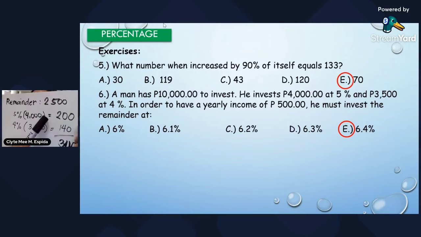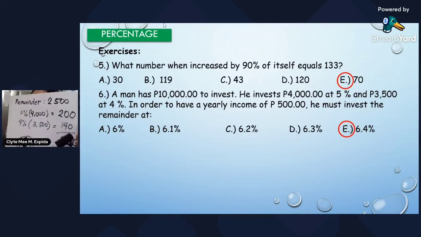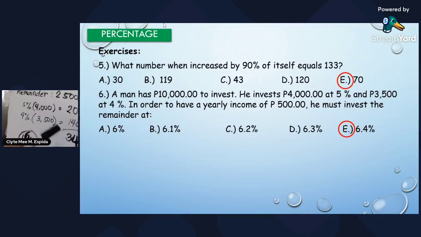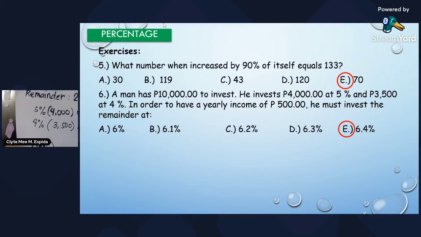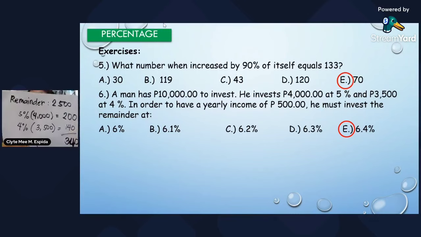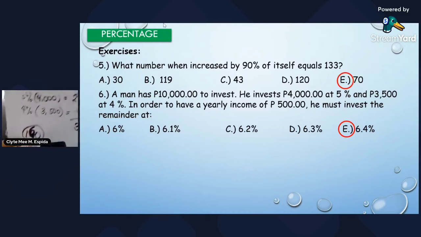So, yung kanyang interest is 200 plus 140 is 340 pa lang. Yung kailangan niya po, sabi niya sa problem is, gusto niya yung yearly income niya ng kanyang investment is 500. So, based dun sa dalawa, 340 pa lang po. So, kulang pa siya ng